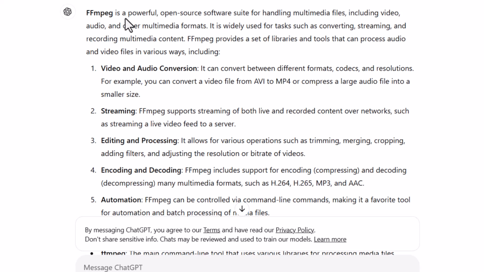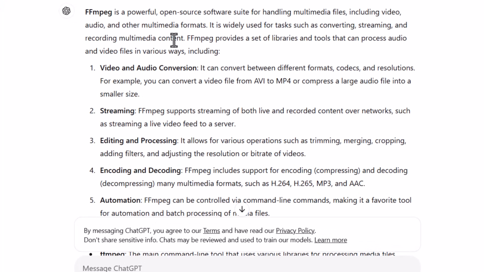So FFmpeg is a powerful open source software suite for handling multimedia files including video, audio, and other multimedia formats. It is widely used for tasks such as converting, streaming, and recording multimedia content. Actually, FFmpeg is a command line audio and video converter, and it is available for Linux, Mac OS, and Windows. And it is an open source tool to help users manipulate multimedia content and offers free access to several audio